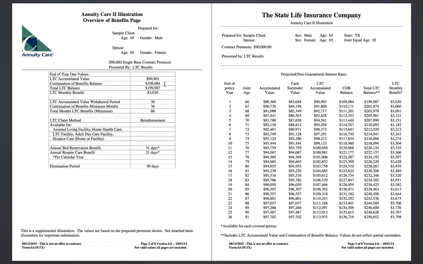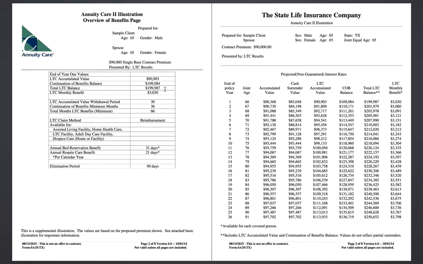That premium gets credited interest for two different amounts. One is the long-term care accumulated value. This is how much you could take out in long-term care benefits. And at the end of year one, it's equal to $90,903. You also have a continuation of long-term care benefits, and that account at the end of year one is